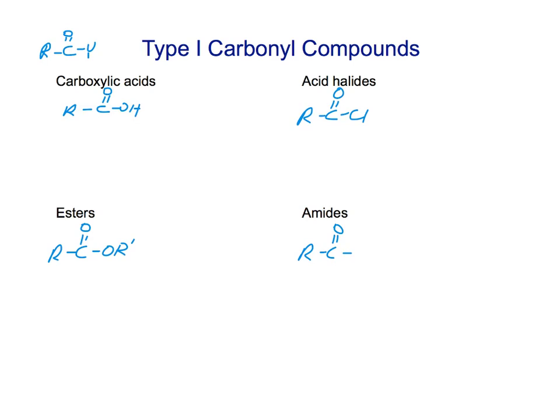And so these have a nitrogen, and I'm going to put an R prime and an R double prime here. So these R groups could be alkyl, or they could be hydrogen. They could be the same, or they could be different. All right? And so all of these groups, and there's actually a couple more that we'll probably run into later,